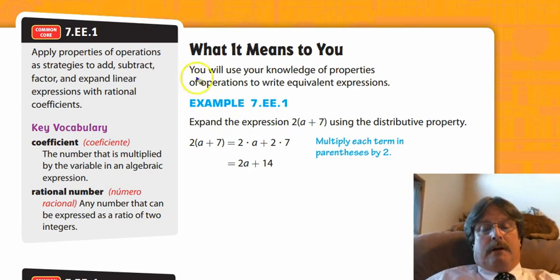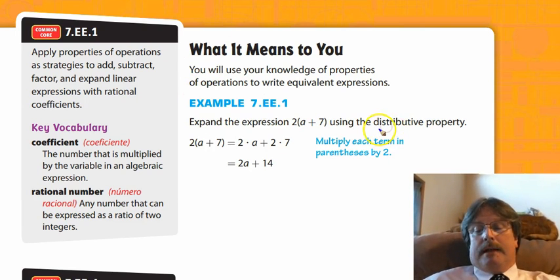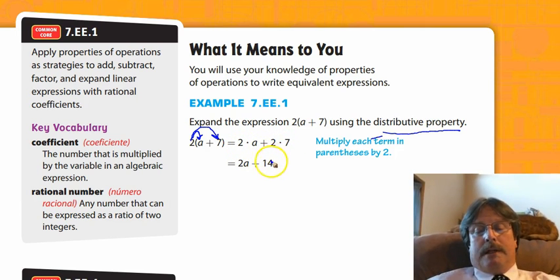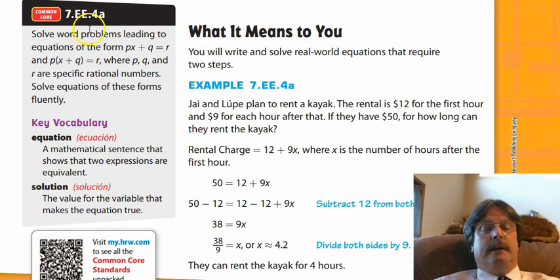Okay, so when we look here, we talked about the distributive property in the background information. So they just give us another example, 2 times A plus 2 times 7. So we have 2 times 7. Like terms, we don't have any, so the best we can do is just create this expression, 2A plus 14. Moving down to the next standard,